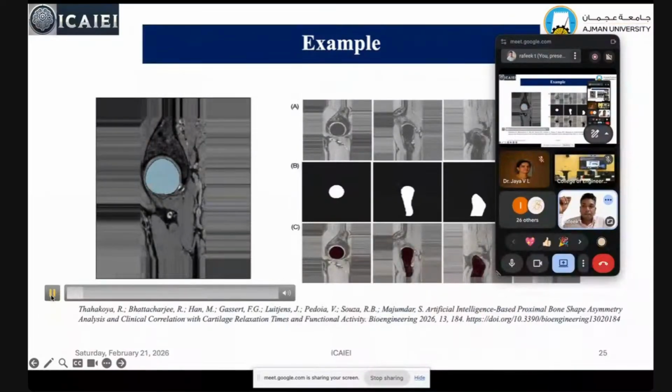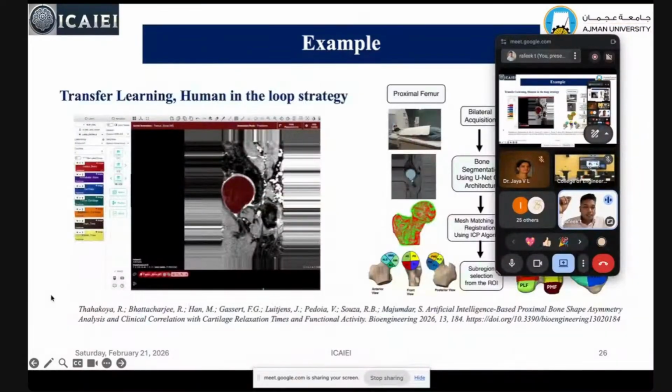Okay. And finally, in our experiment, in addition to the segmentation, to get a more accurate segmentation, we also used a human in the loop strategy. Nowadays every medical field and medical researchers are following the same strategy. That means after the first iteration, we provide the results to a platform, like we are using